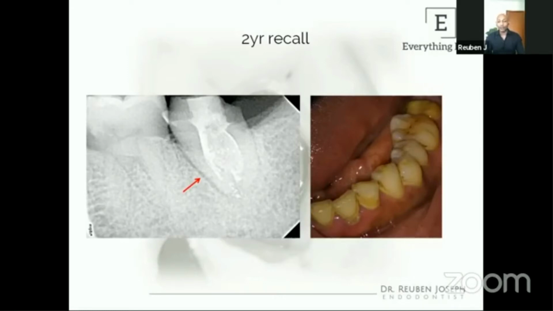Let's just say this case was referred to me by somebody else and I treat it, and this tooth fails for a periodontal reason. The practitioner is going to send him back to me at the end of 2 years saying your root canal failed, but then the endo has done just fine there. The failure has purely been on the periodontal side. So even being an endodontist, I would encourage everybody to look at this aspect of treating a C-shaped canal as well, because a lot of the failures happen at this level.